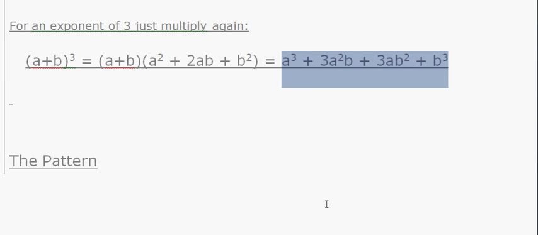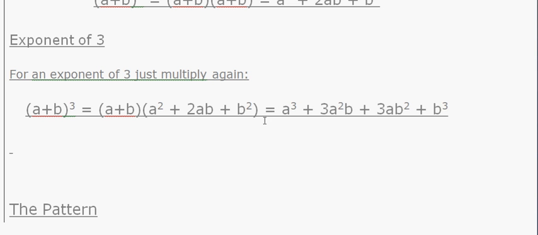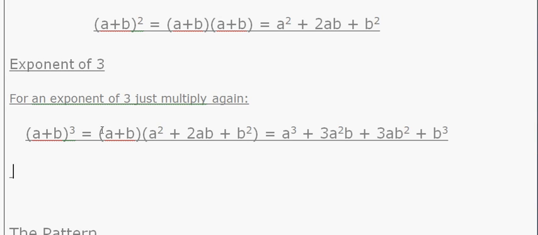Let us talk about the pattern. As we can see, this 3 is always equal to the power of a. The power of a is 3, which is equal to the highest power of the binomial in this equation. According to the question, if the binomial has 3 as its power, apply 3 as the power of a. And here the power of b is 0, anything to the power 0 is 1, so we have simply taken a cubed plus.